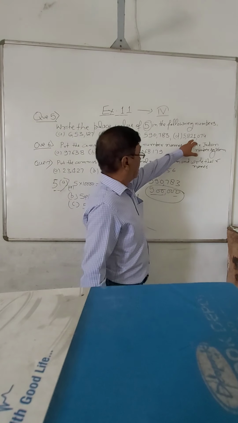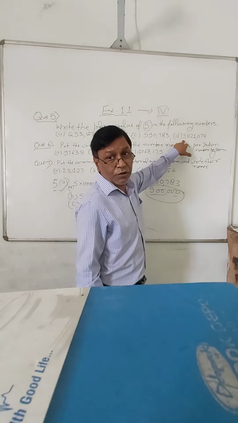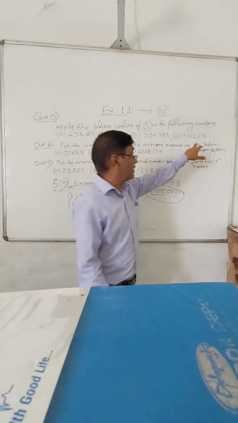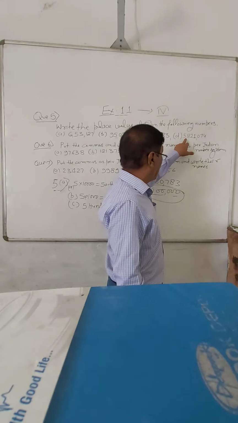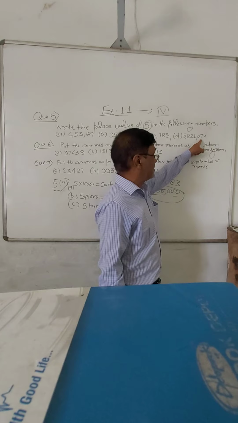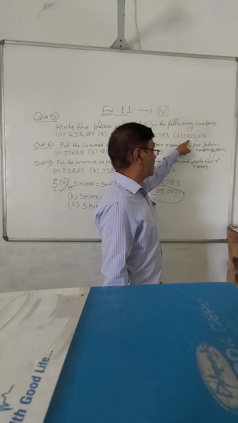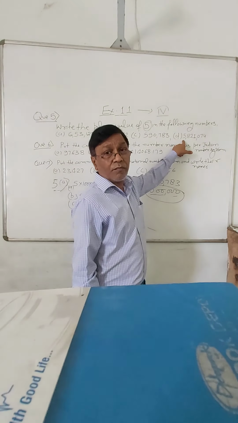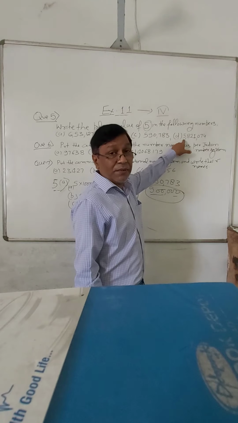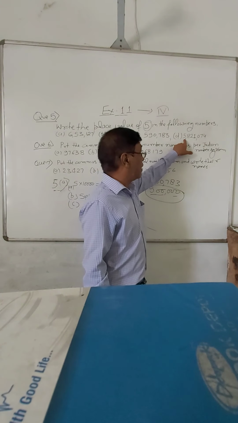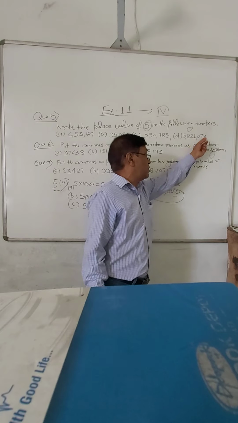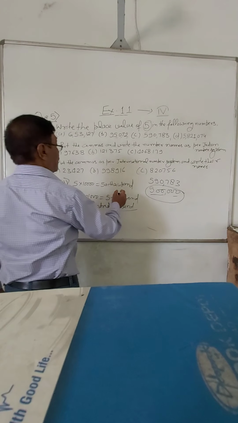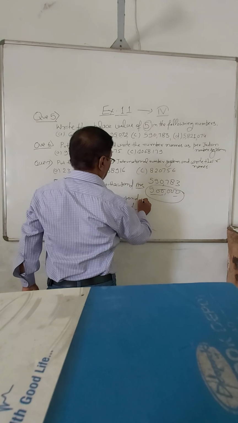Here also we see after 3 digits one comma is put here. That means here also it is written as per the international system. So this 5 is coming on which place? 1, 10, 100, thousand, 10,000, 100,000, and after the thousand, in the international system, which place comes? Million. So this 5 is coming at the place of million. So after 5, if you put the 0 here, what will be read here? This is 5 million.